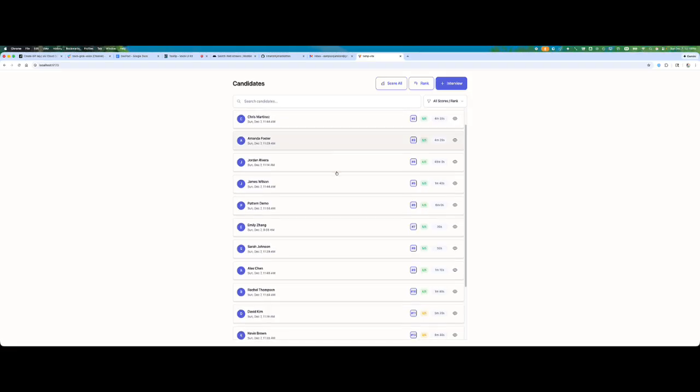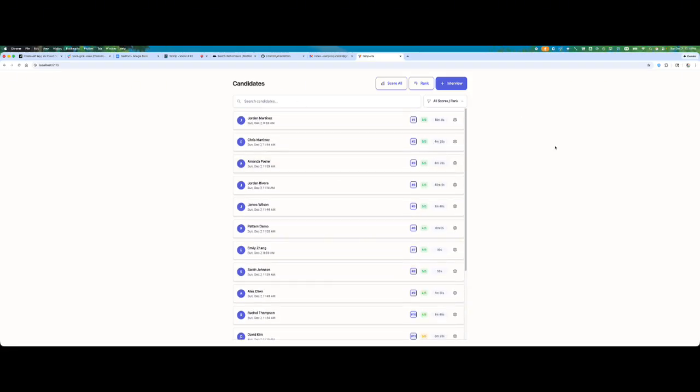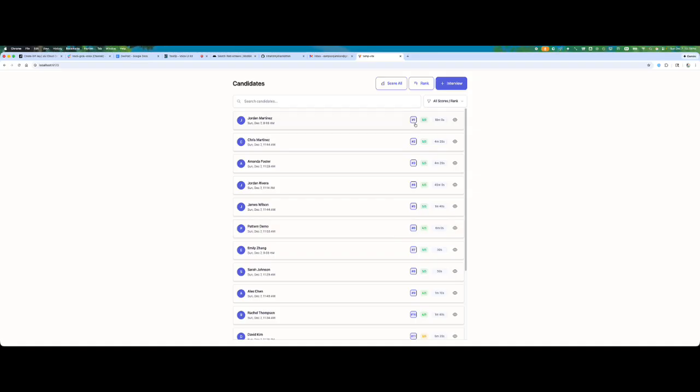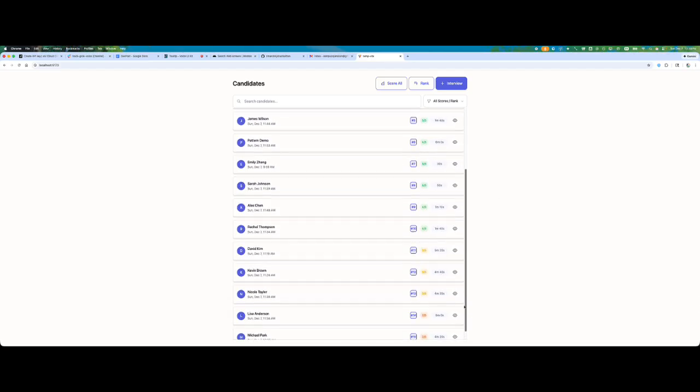So here we have a list of candidates, and you'll notice that there are two ways we score them. One of them is we just ask Grok for an objective measure on a scale from 1 to 5 about how well they did. And the other is where we rank them against each other. So these are actually completely independent scoring mechanisms, and we thought we would play with both of them.